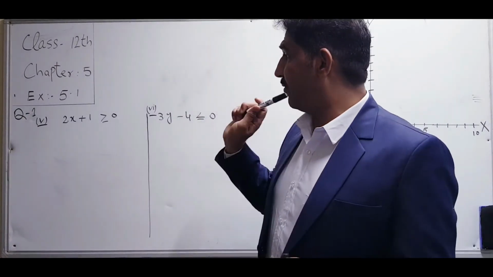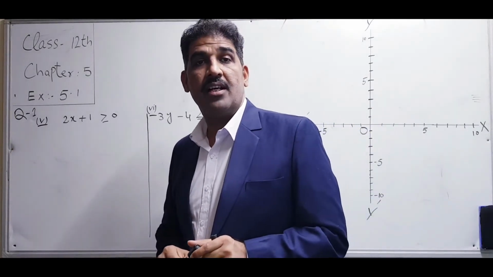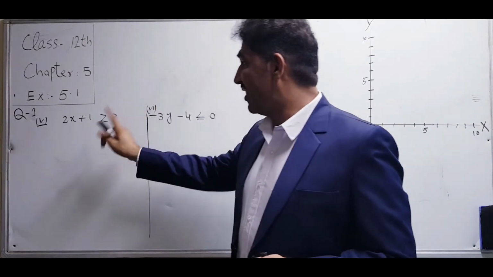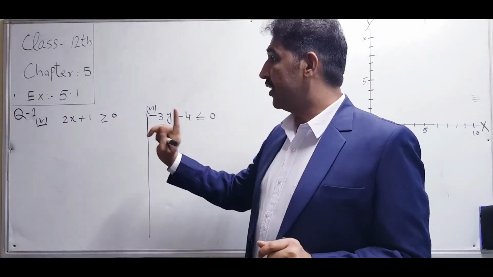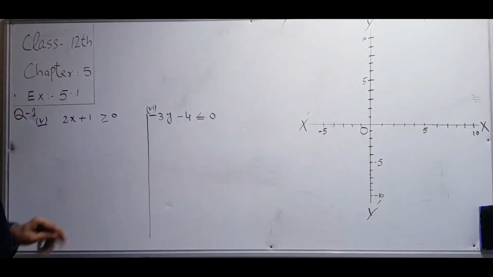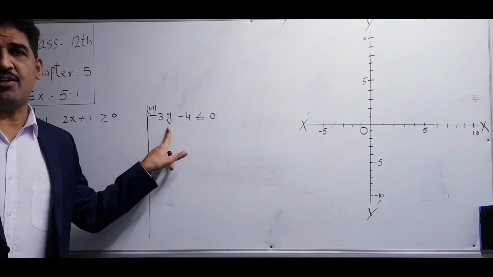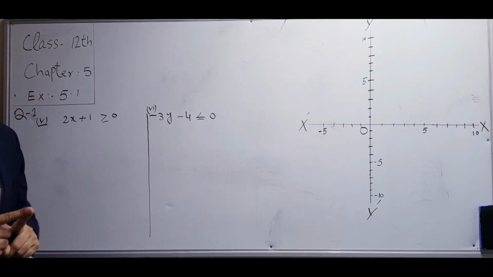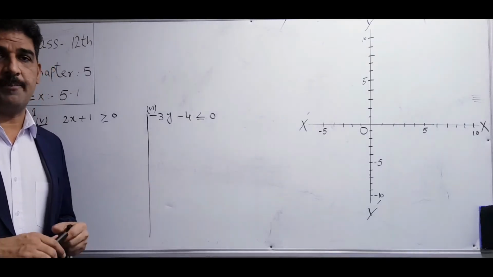In this chapter, we have to discuss the graph or the solution of inequality. When the equal sign is removed, then this sign is used for inequality. So in this chapter, we will discuss the solution of inequality. But first we want to solve inequality when the variable is single, not two variables, because here only variable x is involved. Here only y is involved. X and y are not combined. That's why first we will solve the single variable inequality, right?